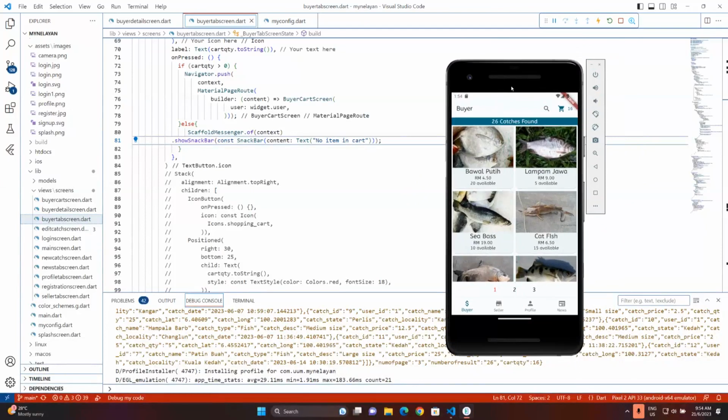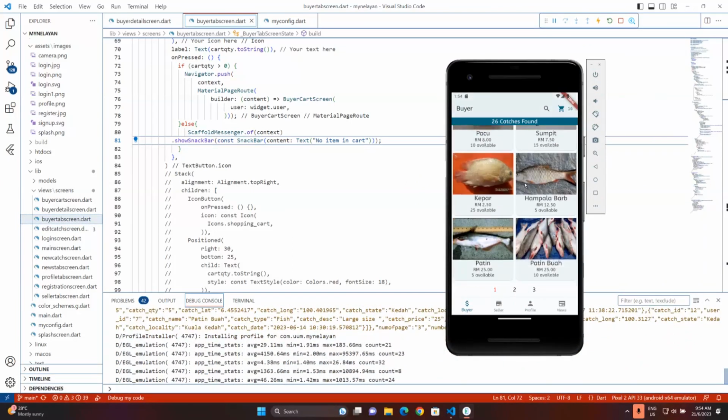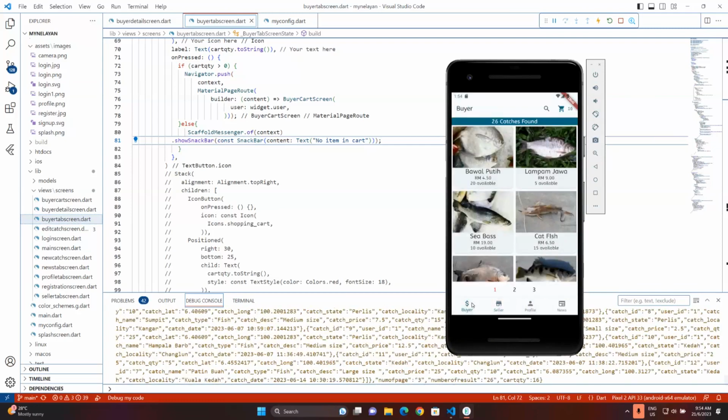So here we have our buyers tab, which consists of a list of items, fishes, catches from the seller. What you have here is a simple pagination, which consists of page numbers at the bottom of the list. So when the user loads the page, for example, when we move from here back to the buyers tab, here we can see